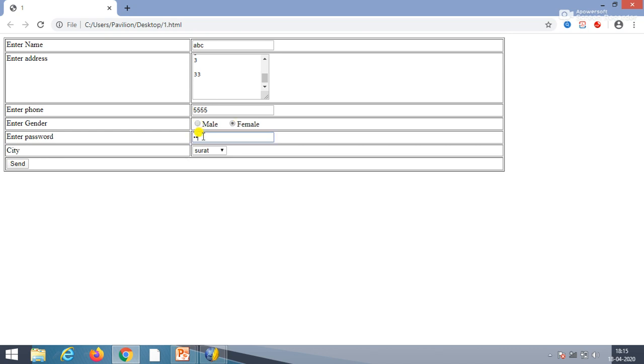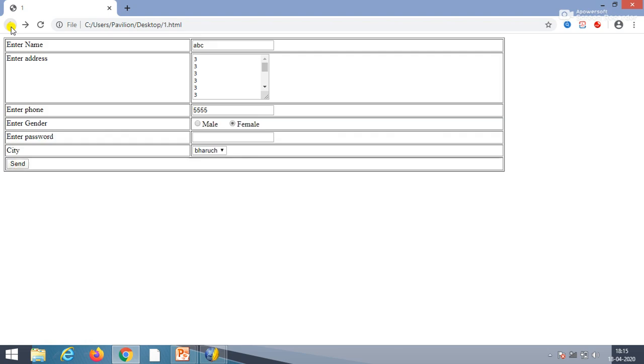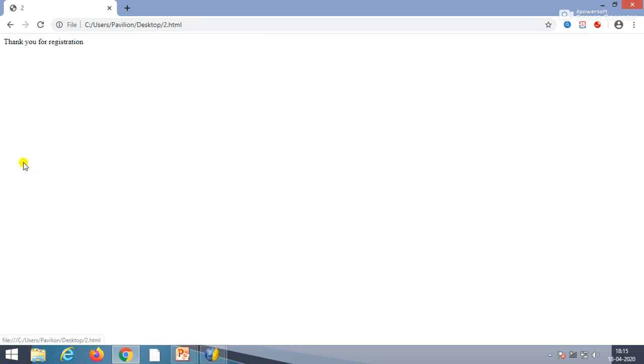In the password, it comes in bullets. Then city, the cities we have inserted will display in the output. Select any one city, and now we will click on send. It will navigate to the second page, as you can see. If we go back and send again, it will navigate to the second page.